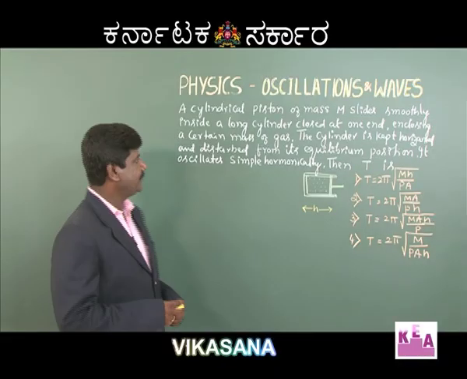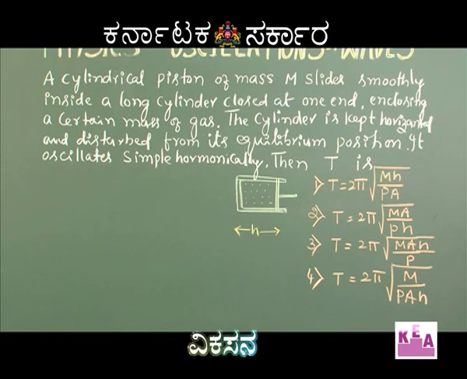The next problem is a long cylindrical piston of mass m that slides smoothly inside a long cylinder closed at one end, enclosing a certain mass of a gas. The cylinder is kept horizontal and it is disturbed from its equilibrium position. It oscillates simple harmonically, then the period of oscillation capital T is: option 1, T is equal to 2 pi root